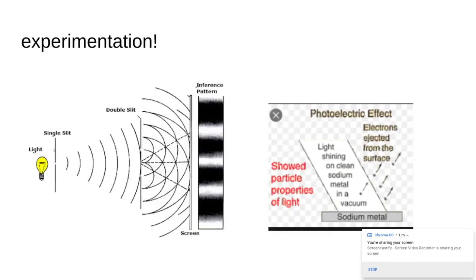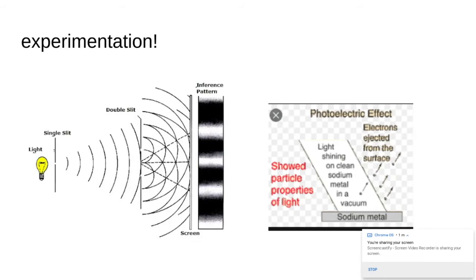This theory was postulated by Louis de Broglie after other scientists conducted experiments with light in the early 20th century that showed confusing results. In the double slit experiment, which is the first one on the screen here, light diffracted once past the slits, which proved it was a wave.